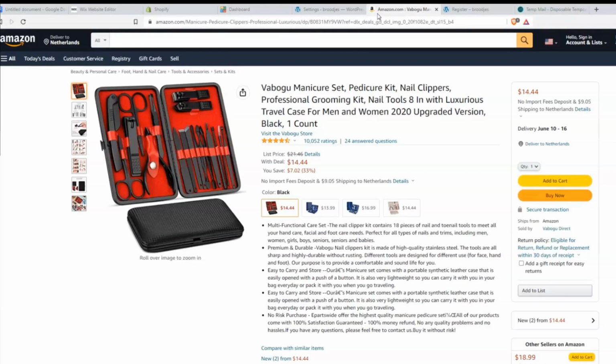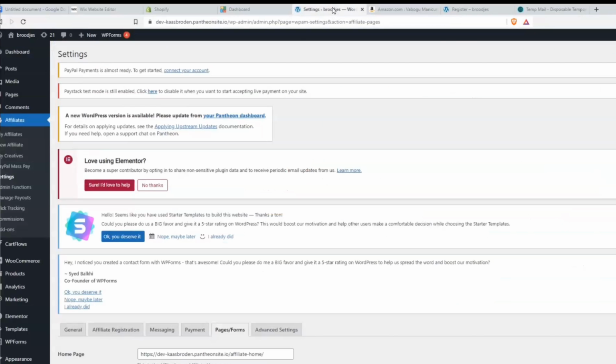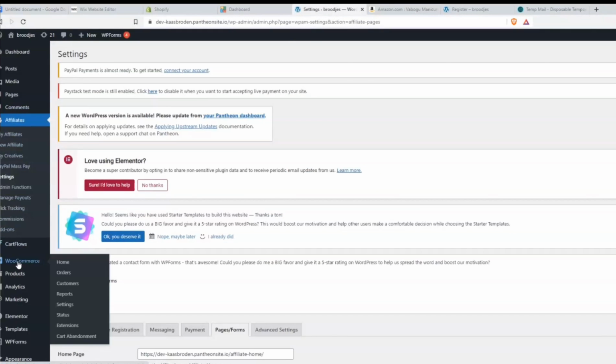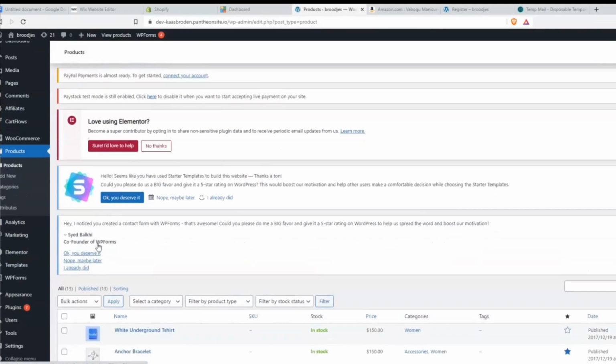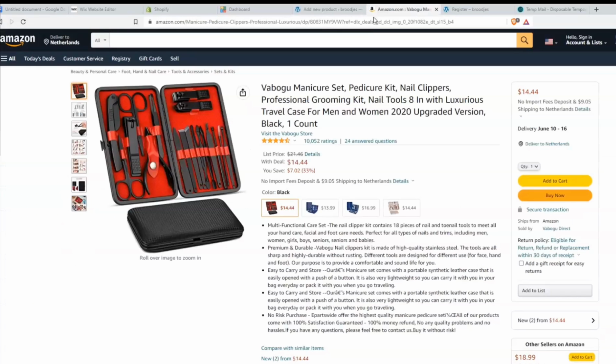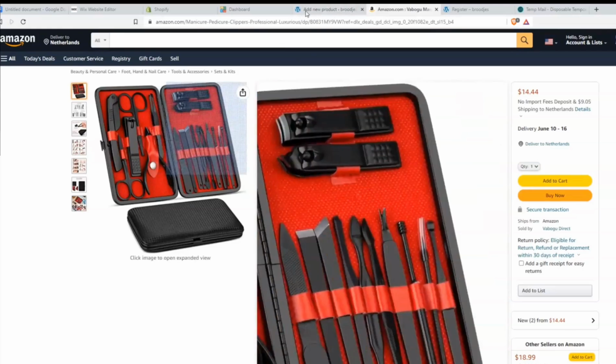First, go to your WordPress blog, Amazon, or some online market, and then let's go back to your WordPress. Make sure that you're logged in to your WooCommerce. Now, to start, go to Products and click the tab Add New. Now go back to your online market like Amazon and you can also copy the name of the product, or